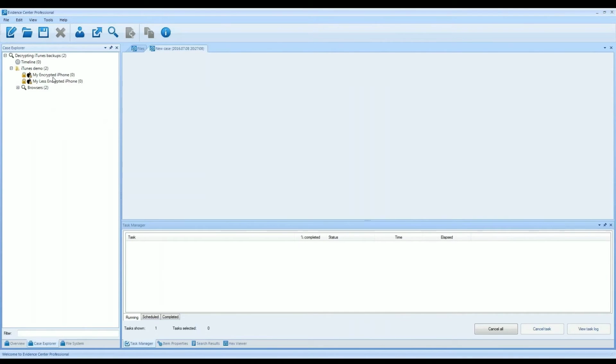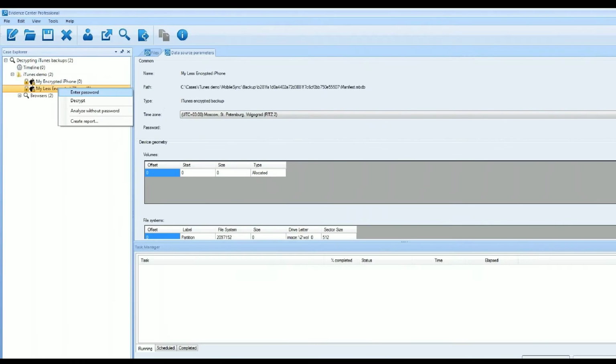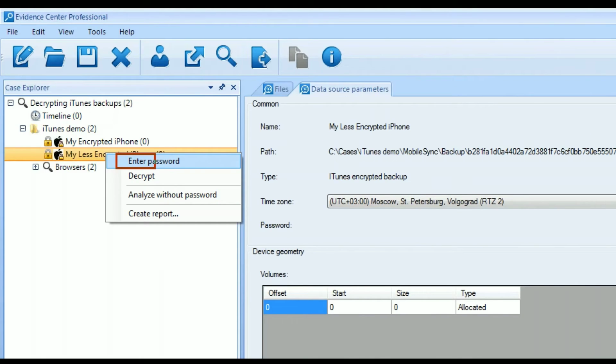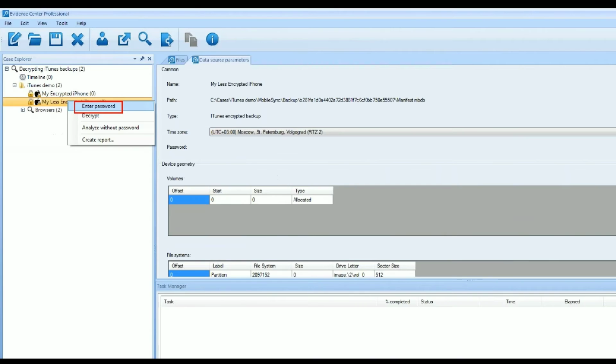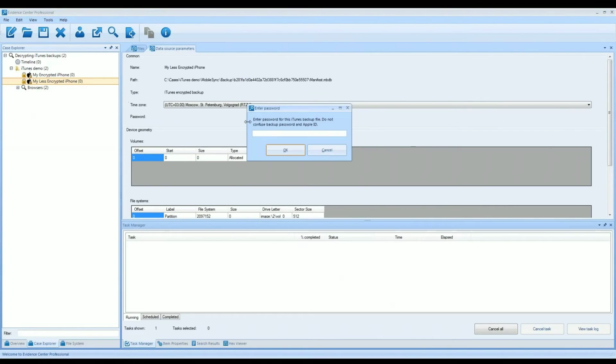First, you can enter a password manually if you know it or want to make a guess. Let me enter some popular password and see what happens.